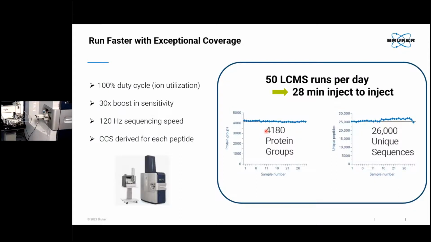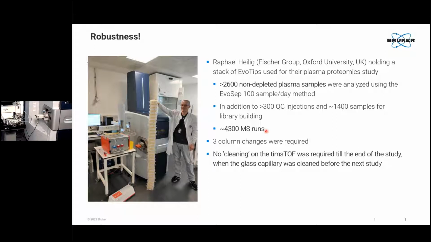Okay, but being able to achieve very high ID numbers, and in particular being able to run these short gradients and still obtain very high depth of coverage, is only possible, of course, if you have a very robust system. And so this is a slide that I like to show because it shows some results from Roman Fischer's group at Oxford University in the UK. Here's Raphael here